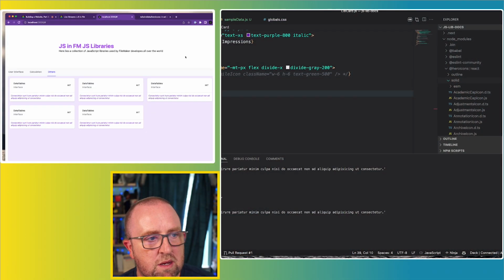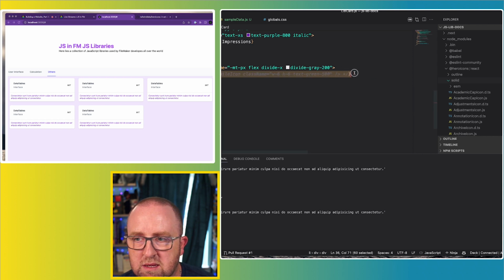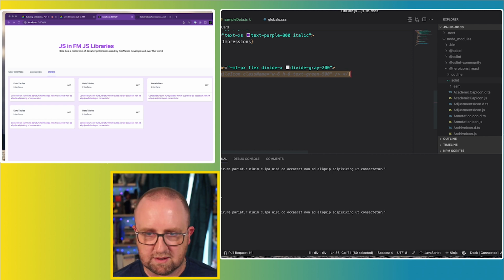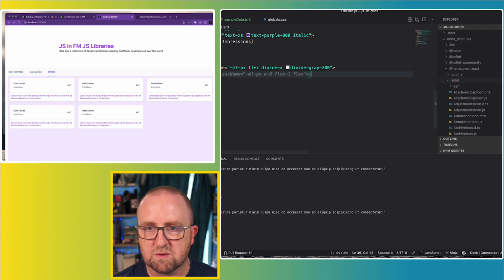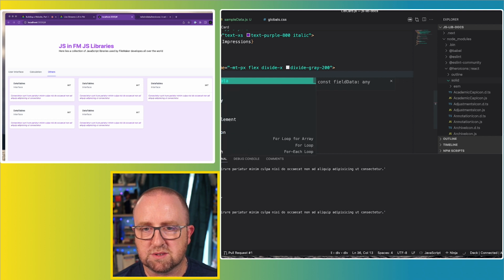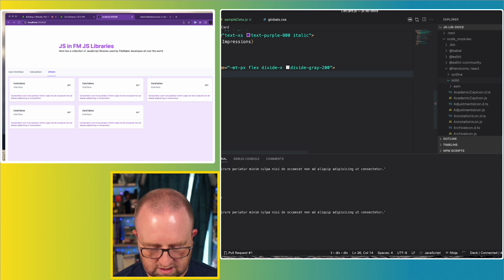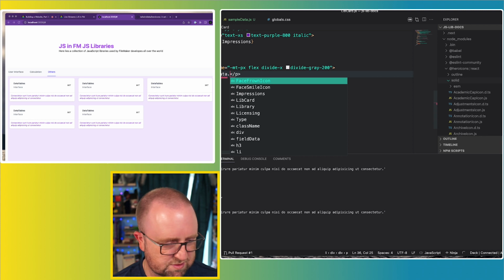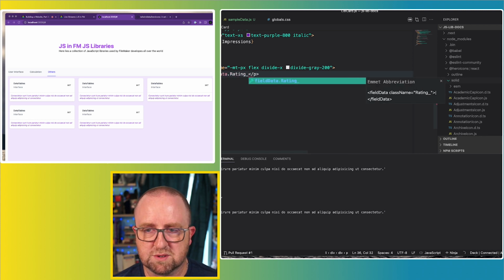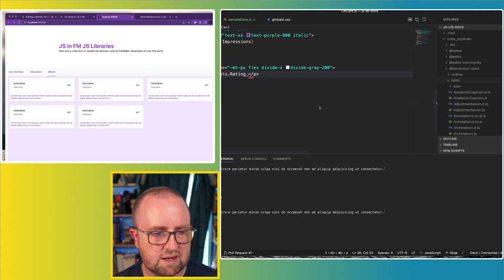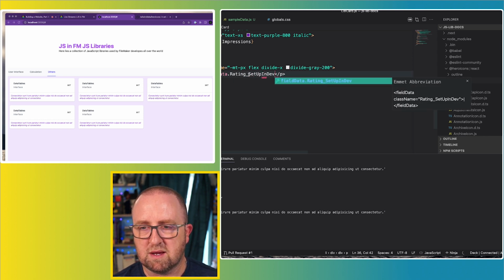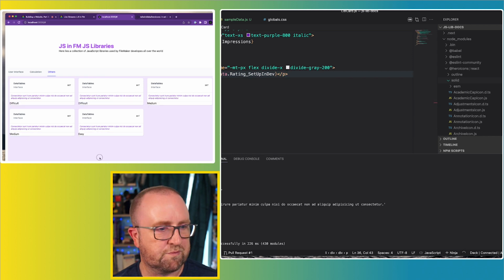So let's just, you know what? Well, I mean, it doesn't matter. I could just do this. I could just do field data. Let's do P, and then we'll do field data dot, what was it called? Rating underscore set up in dev. Set up in dev. Next time I'll have this figured out to where